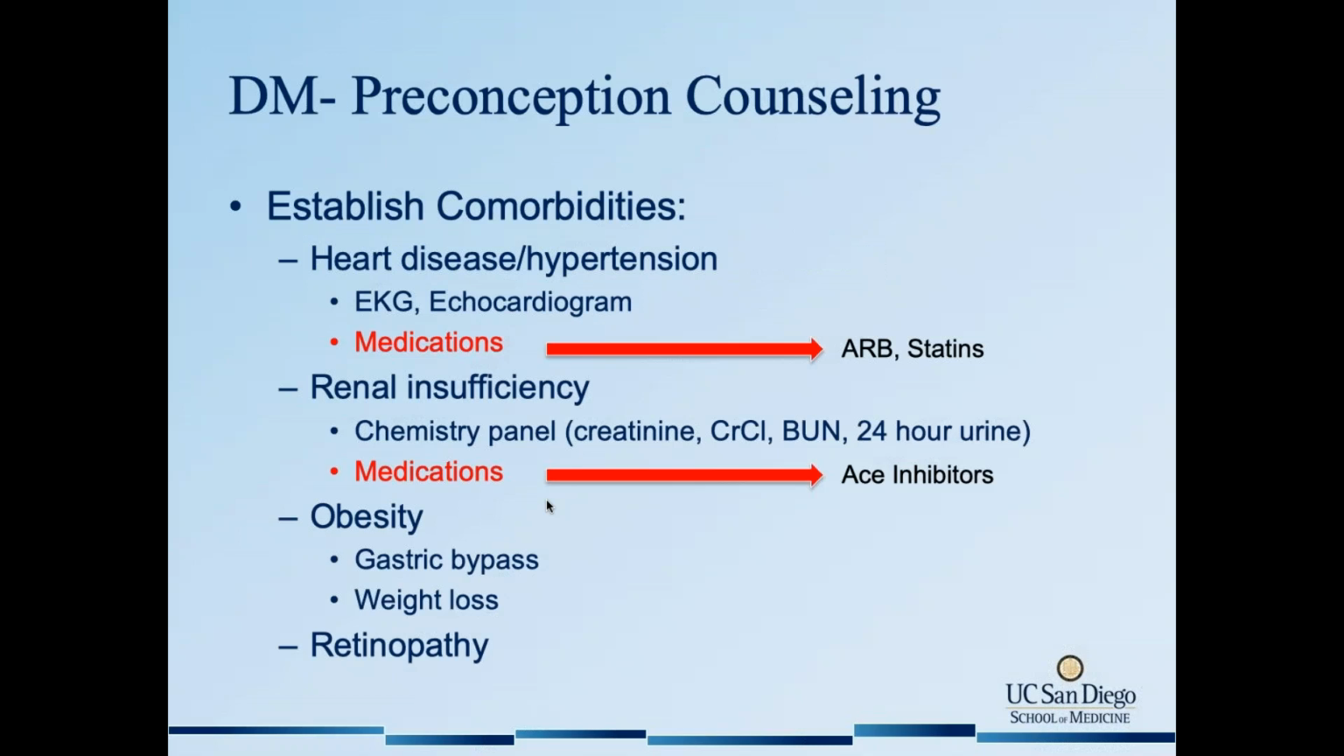The first thing I do when a patient comes to me for preconception counseling when they have type 1 or type 2 diabetes is I talk to them about their glucose control, but also I establish what comorbidities they may have. For example, many times they have heart disease and hypertension. This is an opportune time to discuss their medications, as ARBs and statins are currently contraindicated in pregnancy. And this is an opportunity to ensure that there are no cardiac contraindications to pregnancy by obtaining an EKG as well